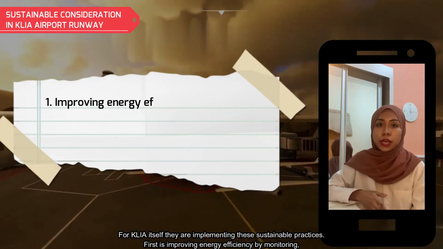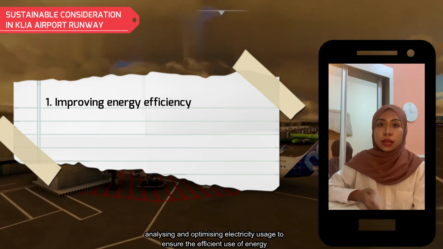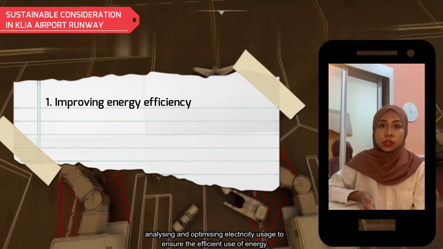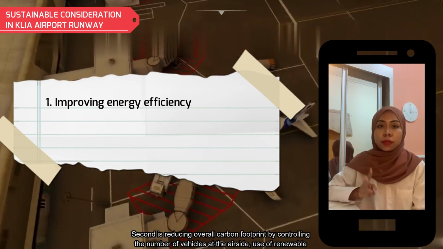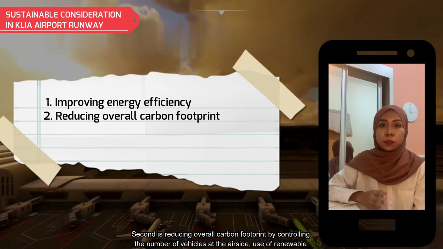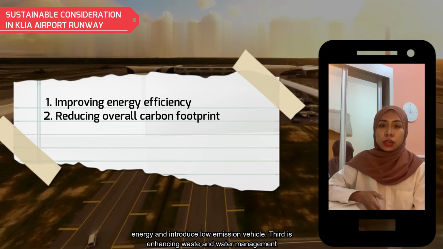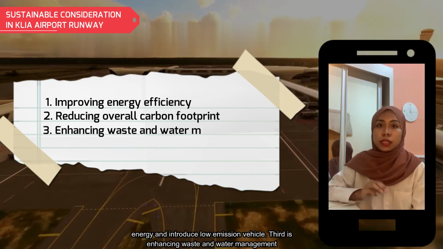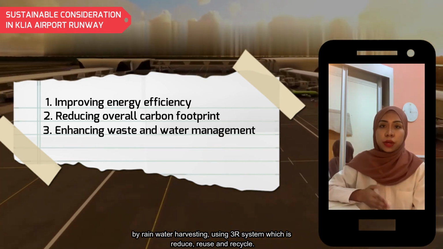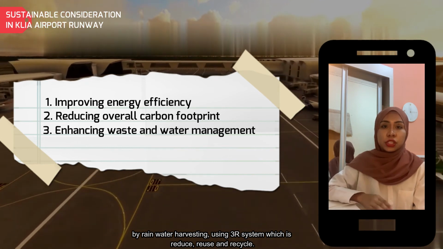First is improving energy efficiency by monitoring, analyzing and optimizing electricity usage to ensure the efficient use of energy. Second is reducing overall carbon footprint by controlling the number of vehicles at the airside, use of renewable energy and introducing low-emission vehicles. Third is enhancing waste and water management by rainwater harvesting using 3R system, which is reduce, reuse